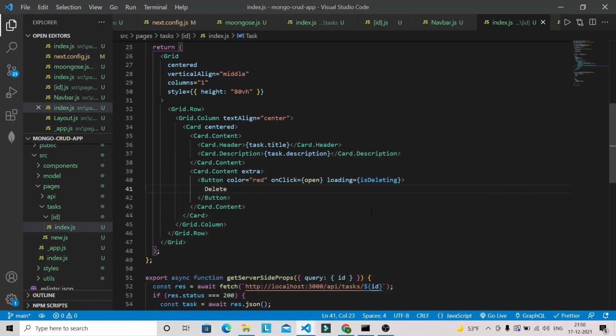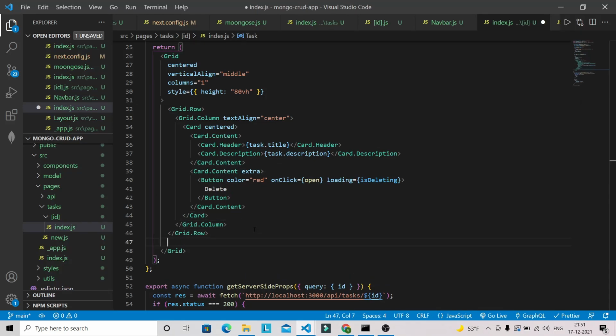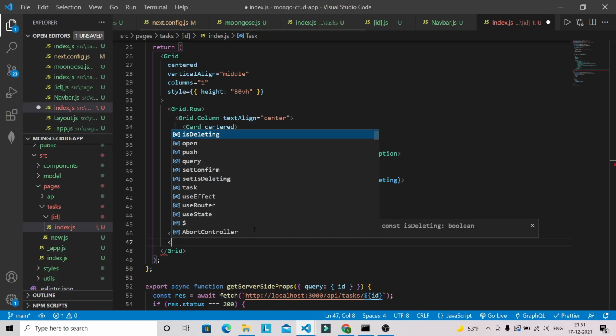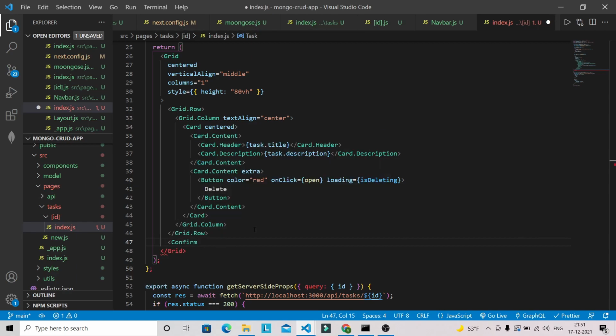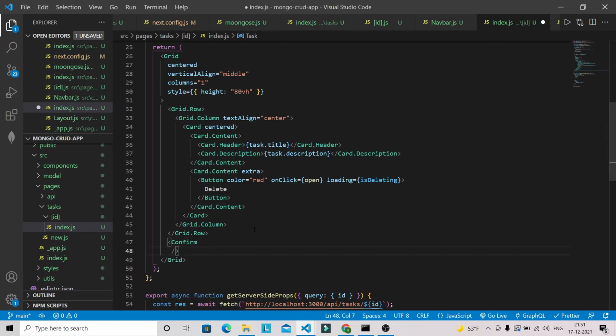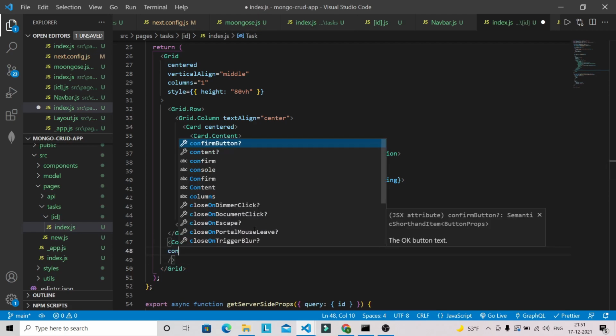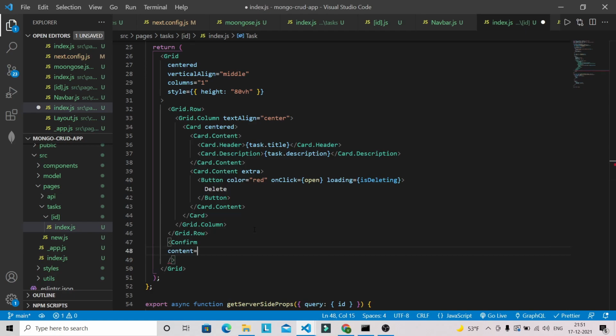Okay, and after that what we have to do, after this grid row, we have to open the modal. So we're going to use Confirm, which will be responsible for opening the modal. Okay, so here we can pass content and we can give something like, are you sure to delete that task?